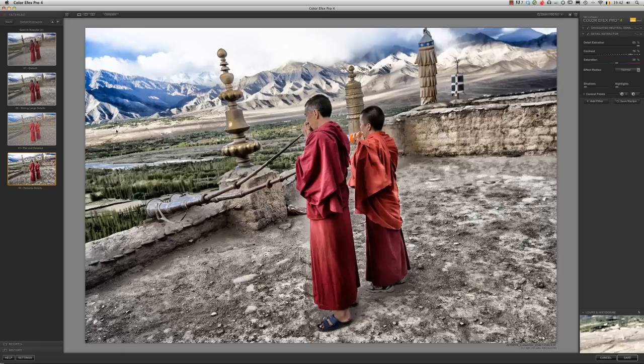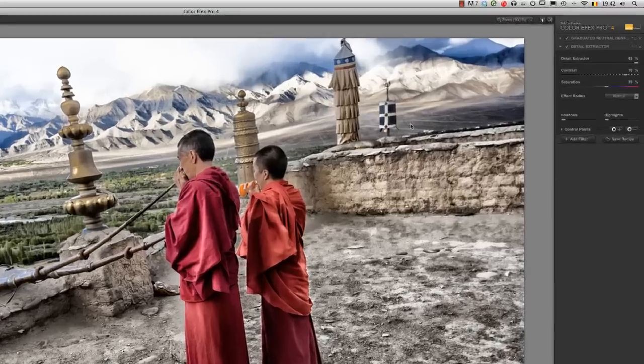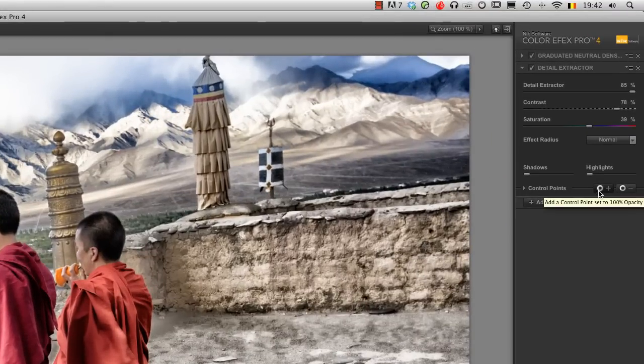Now, if this were Photoshop, for example, I would probably put this effect on a separate layer and then use all my layer masking skills to build a layer mask, probably with a Wacom tablet or something like that, and brush the effect in locally. However, with what we've learned already, you might think, well, no, we can also put negative control points on all the areas we want to protect, and that would probably be a faster way, but there's an even faster way, and it is by using positive control points,